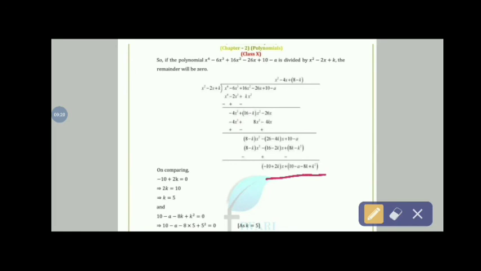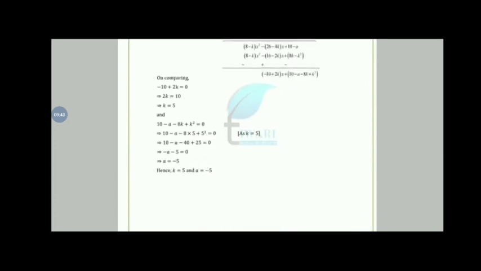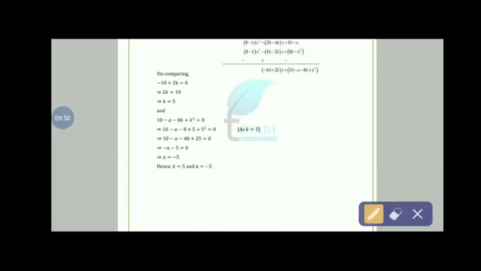We will compare now. Coefficient of x, so we write minus 10 plus 2k is equal to 0, then 2k is equal to 10, k is equal to 5. Next we have 10 minus a minus 8k plus k square. Just putting the values here, k is equal to 5, so 10 minus a minus 8k plus k square, and on solving this we get a is equal to minus 5. So we have the values k is equal to 5 and a is equal to minus 5. Okay, so with this we come to